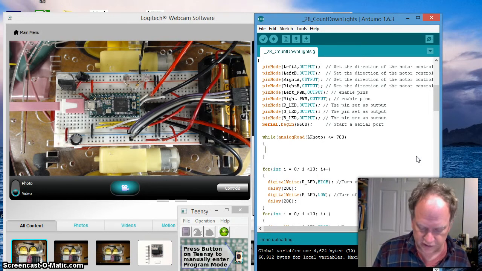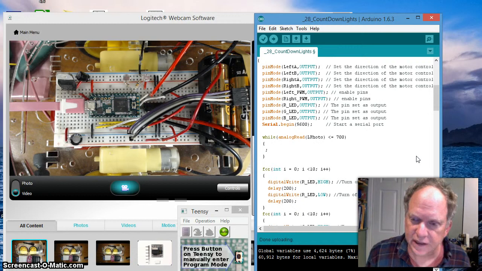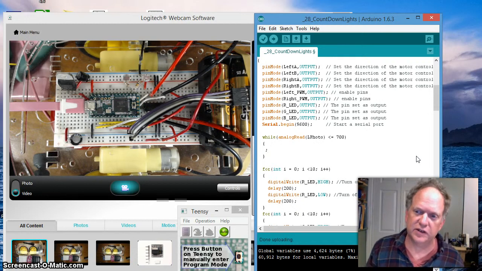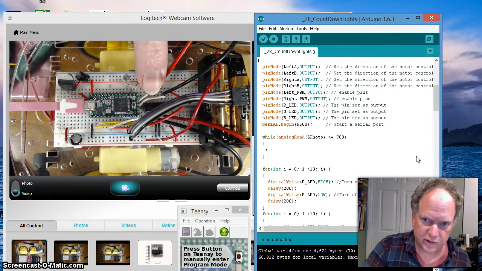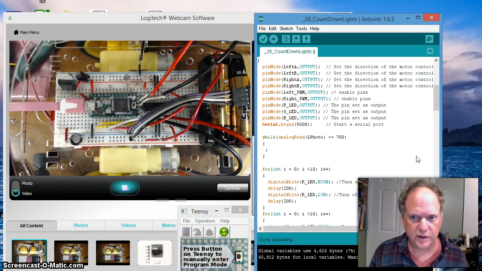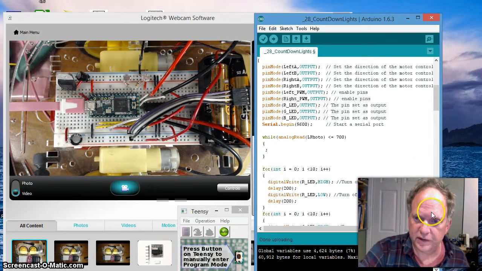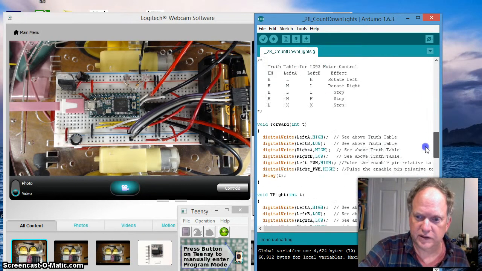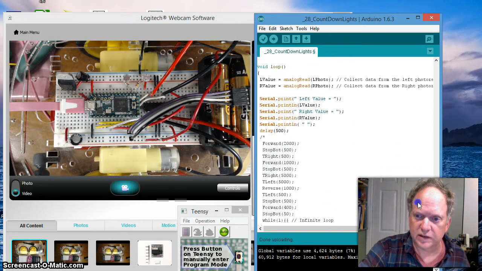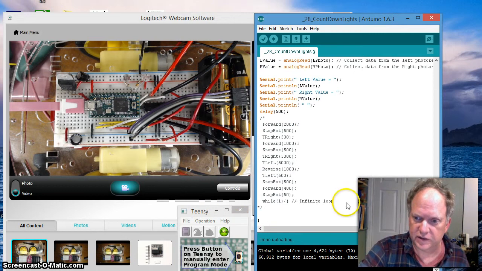And let's put in this loop nothing. It's just going to sit there. It's not going to do anything. As soon as it breaks the 700, as soon as my finger goes on it, then in theory, it's going to jump out of this while statement, and then we're going to see the lights go on, and we're going to see the robot move. So let's go down here, and actually just to test that,